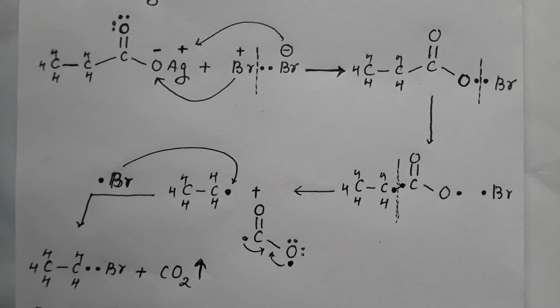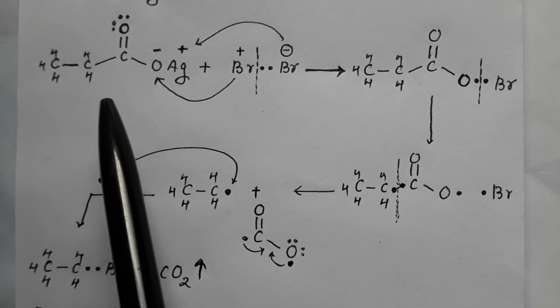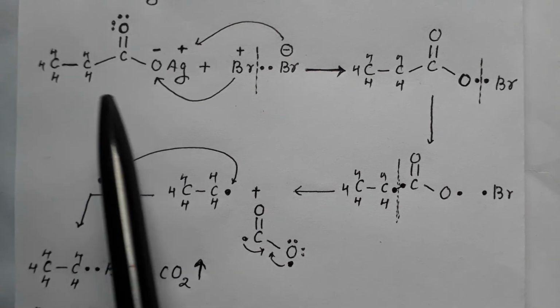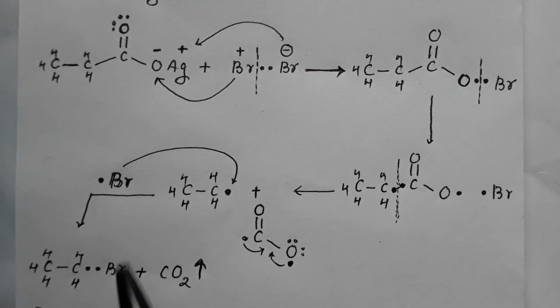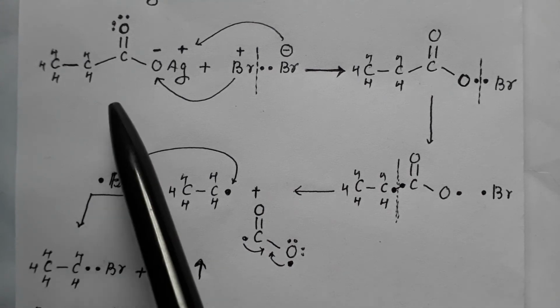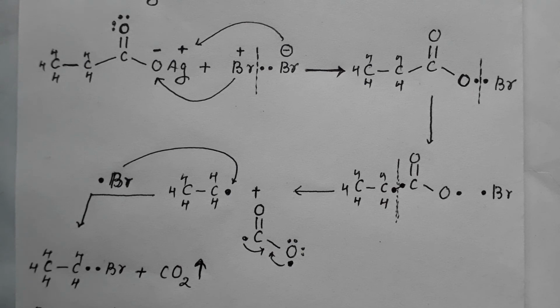But sure, we are having this bromoethane, that is bromoalkane with one carbon less. We started with a 3 carbon compound, ended at a 2 carbon compound, therefore it is termed as descent of series reaction. This reaction involves decarboxylation number 1, halogenation number 2. Very important, this reaction proceeds through free radical mechanism.